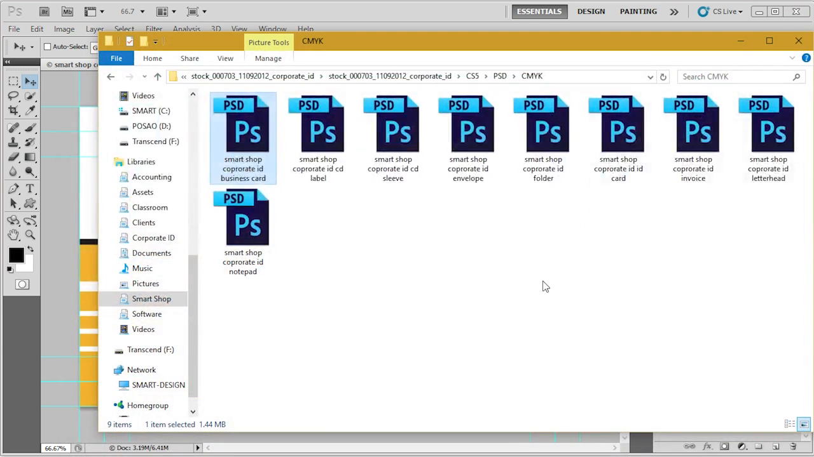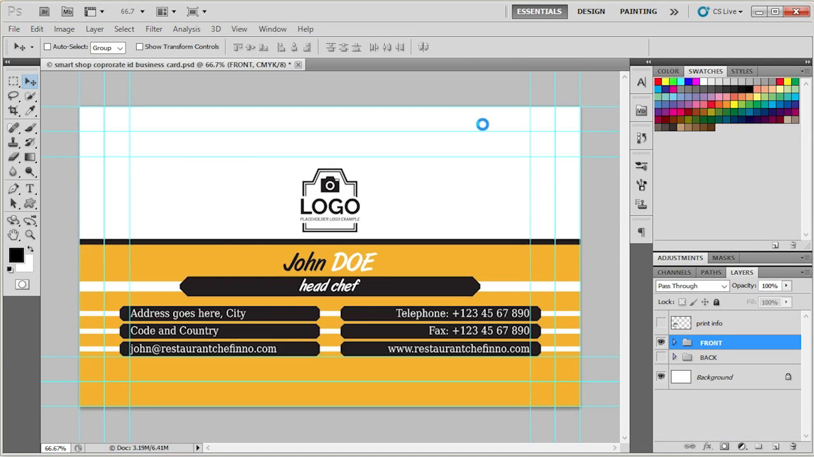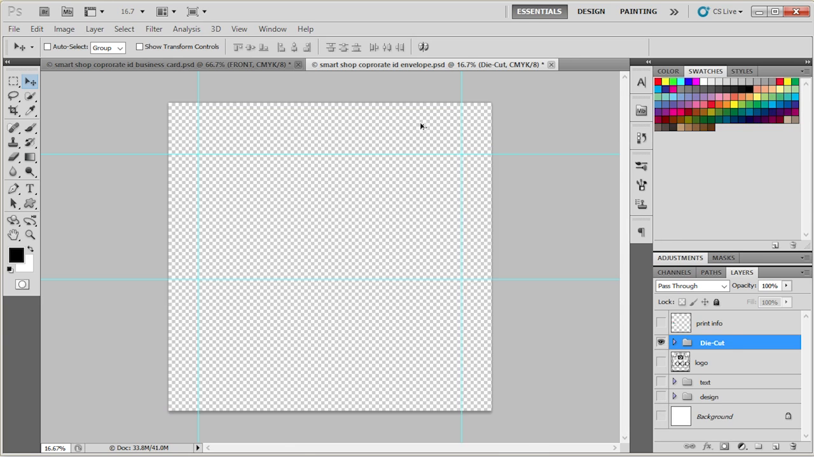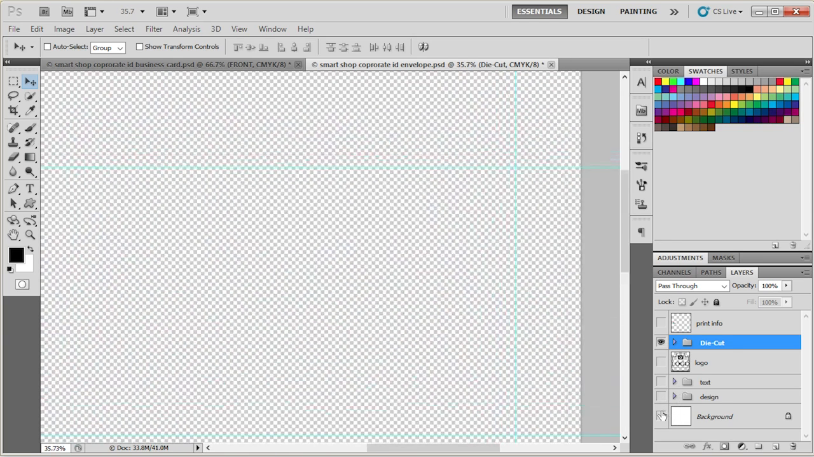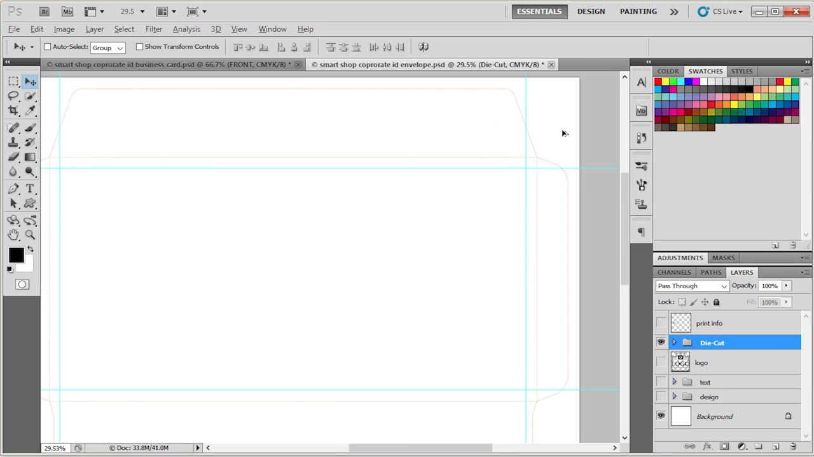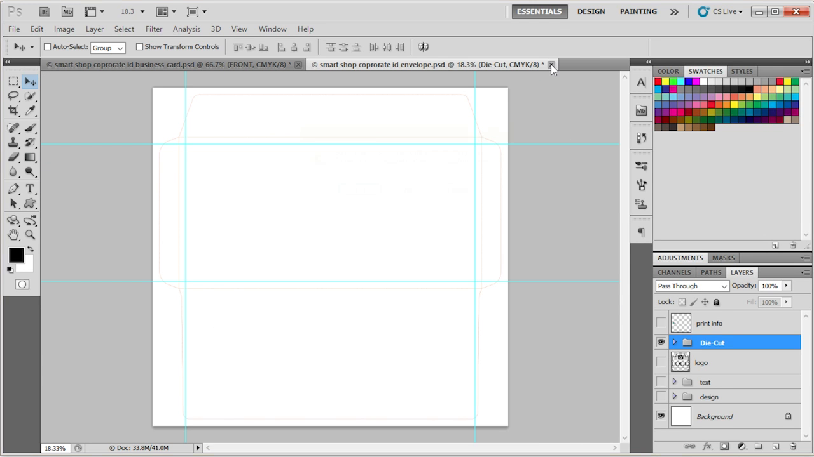Let me open up one of those. Let's say it's the envelope, and as you can see, here's the die cut line, and this is something you'll need to make sure to send to your printer. Okay, so